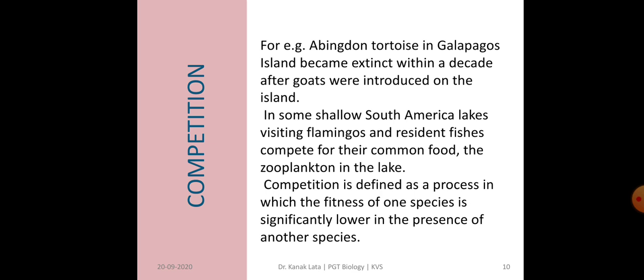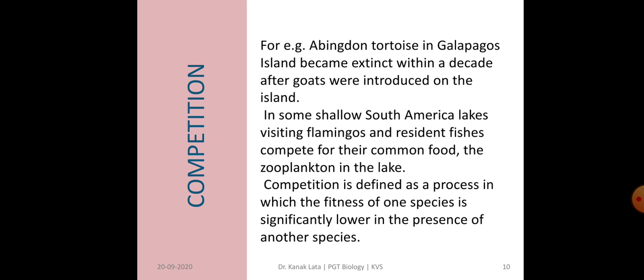In some shallow South America lakes, visiting flamingos used to migrate to this place, and resident fishes compete for their common food, that is zooplankton, in